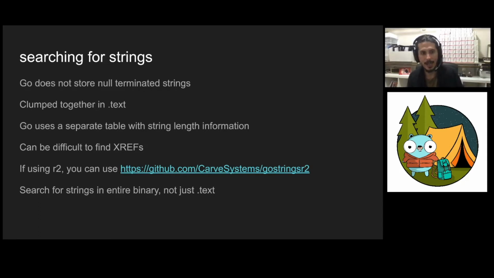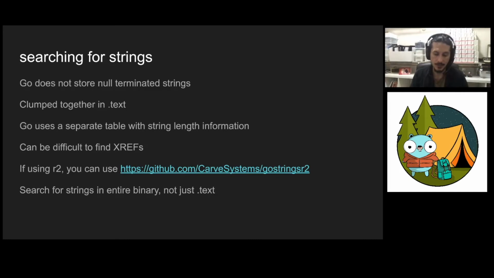So it says, hey, let's look for this string, and this string is length 7 bytes. And then it's able to figure out what the string is that you stored in your binary. This can make it difficult to find cross-references, meaning you're looking for the string human, for instance,